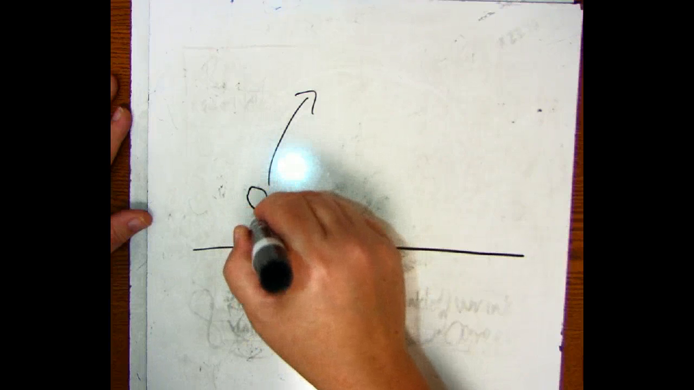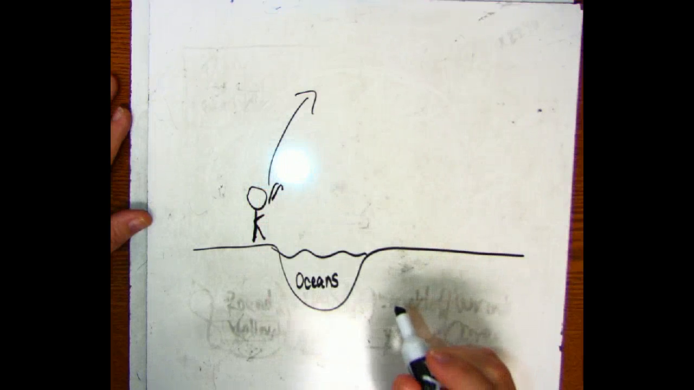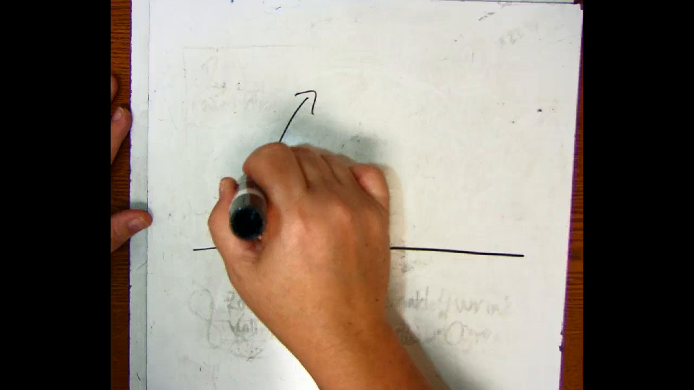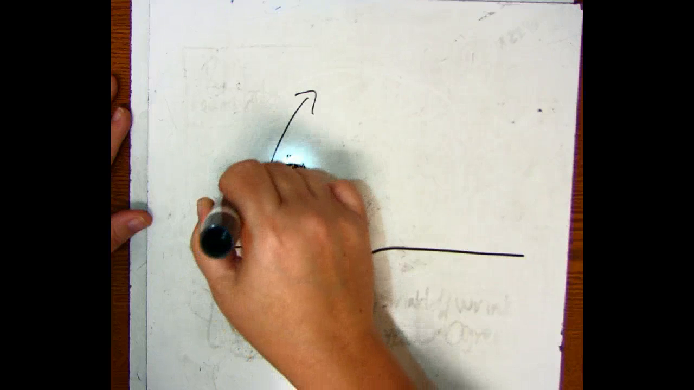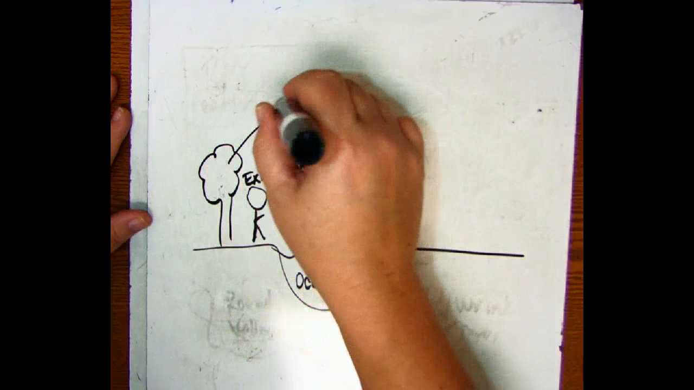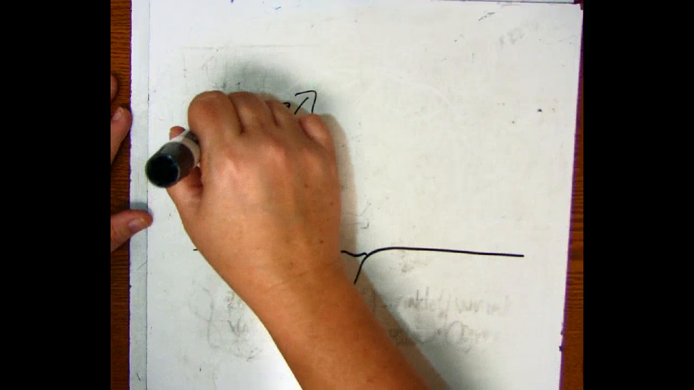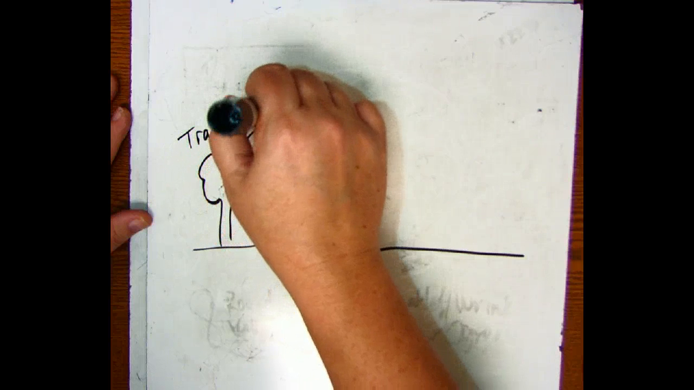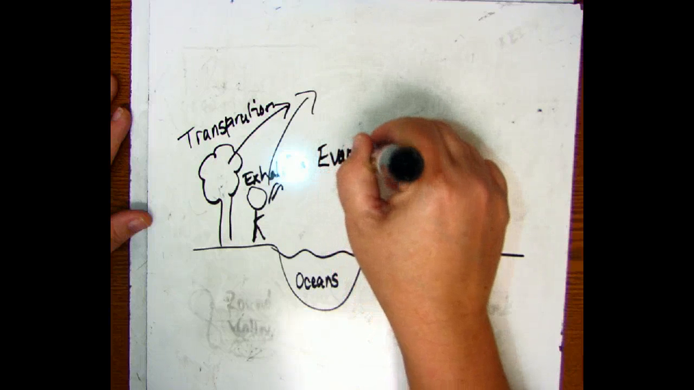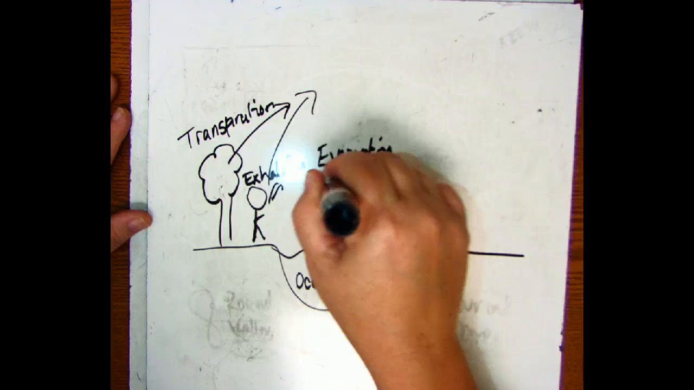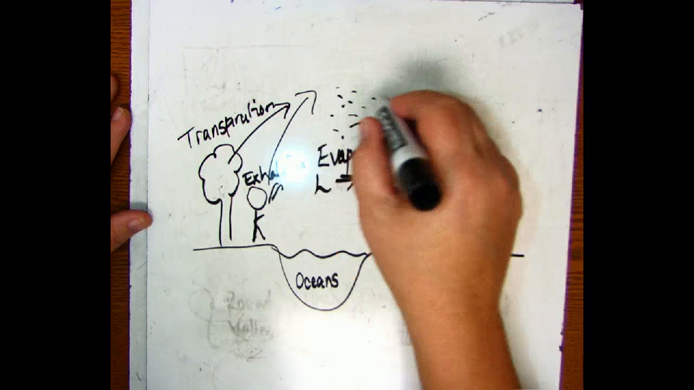You also need to understand that when we breathe, we also let out water vapor through exhalation, and plants and other organisms also release water, and we call that transpiration. Okay, so the water evaporates, we call that evaporation, which just means that it changes from a liquid form to a gas. So we've got this water vapor up in the atmosphere,